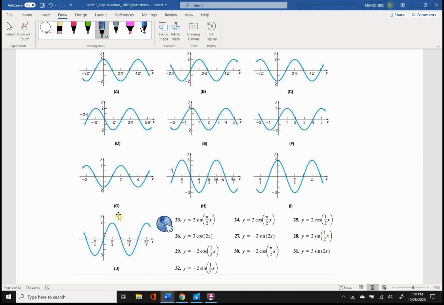In any event, let's go ahead and relatively quickly match up all of these graphs to numbers 23